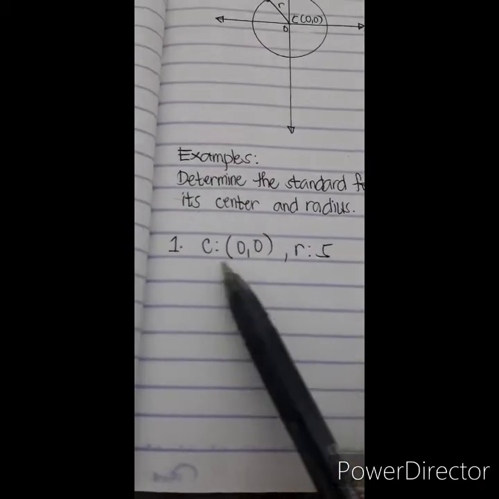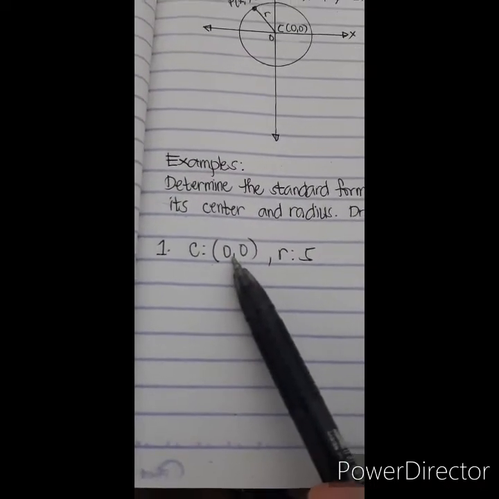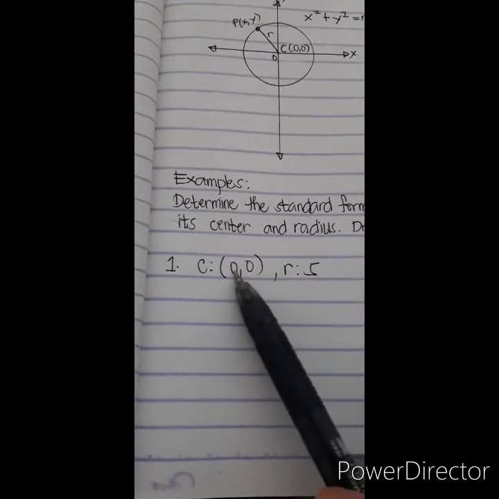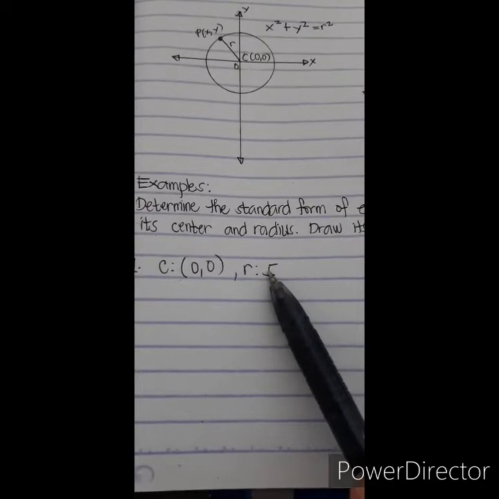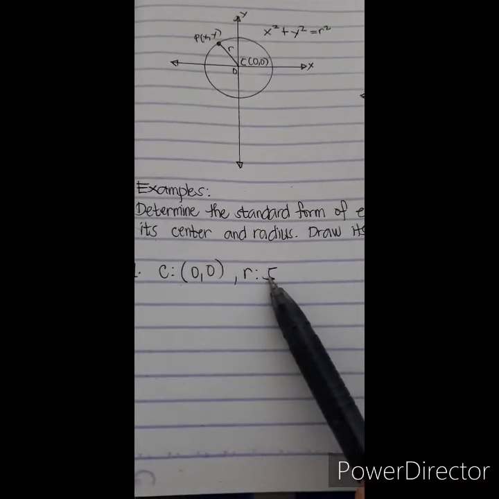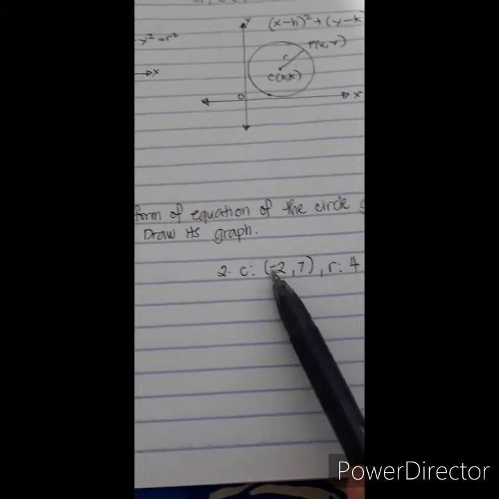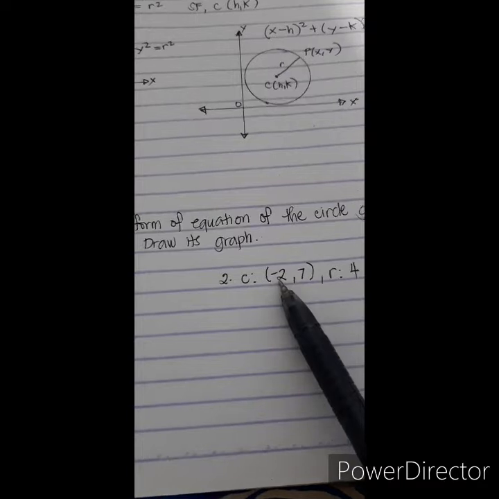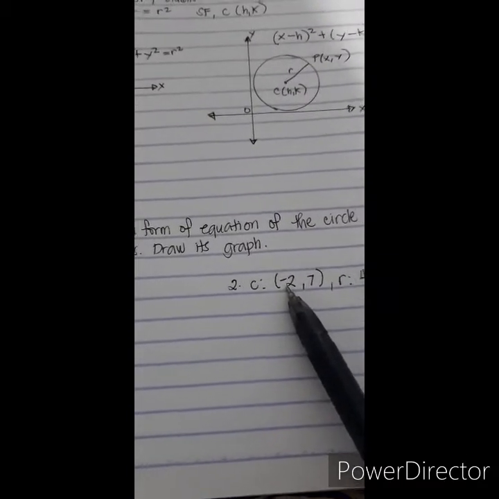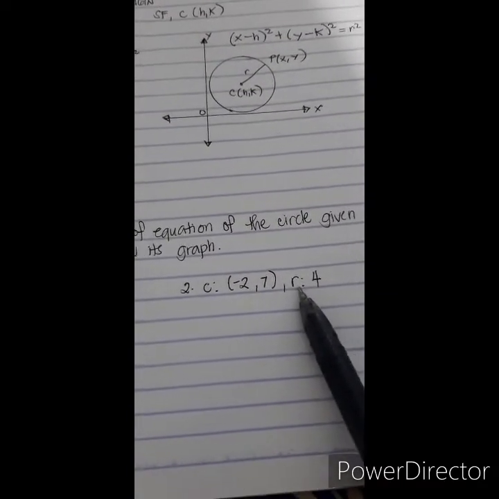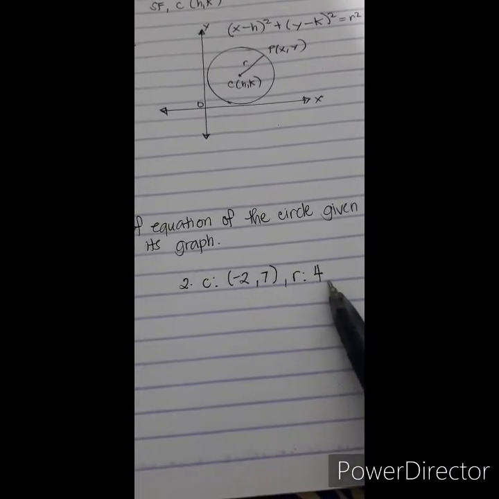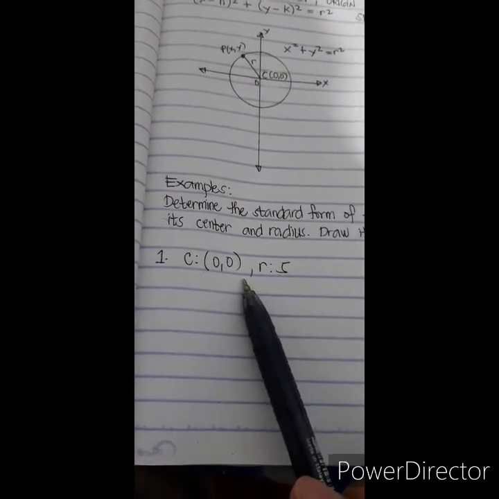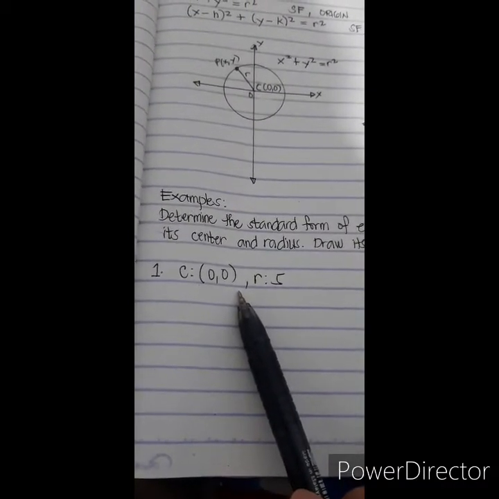So for the first example, we have a center that is located at the origin, or the values of h and k are equal to 0, 0, and the radius is equal to 5 units. Next one, the center is located at h and k, which is negative 2 and 7, and the radius is equal to 4 units. So first we will solve the first problem, wherein we have the center that is located